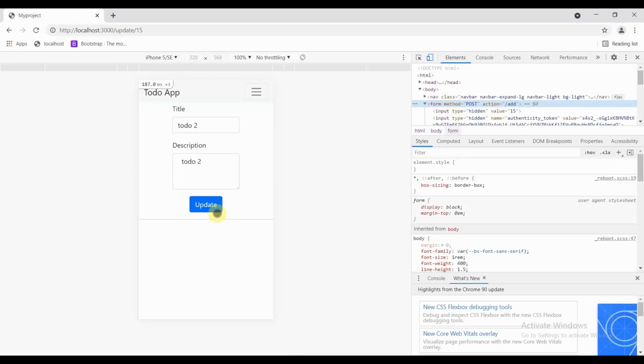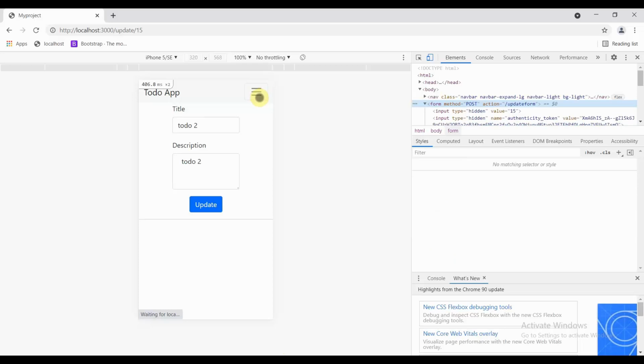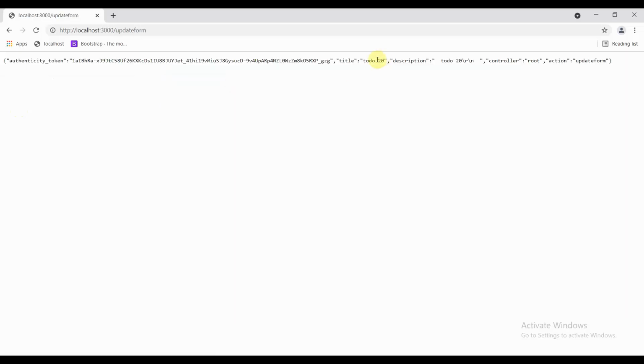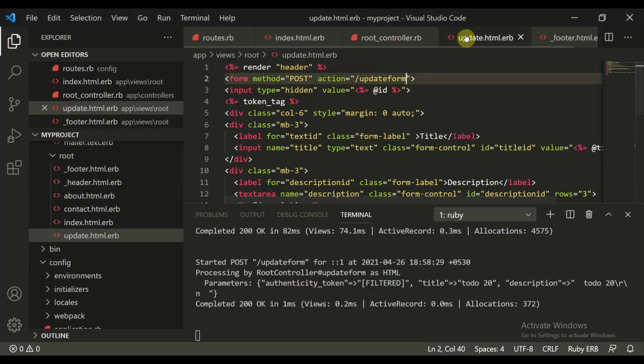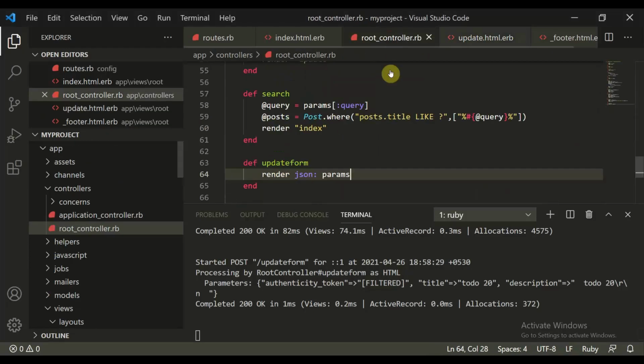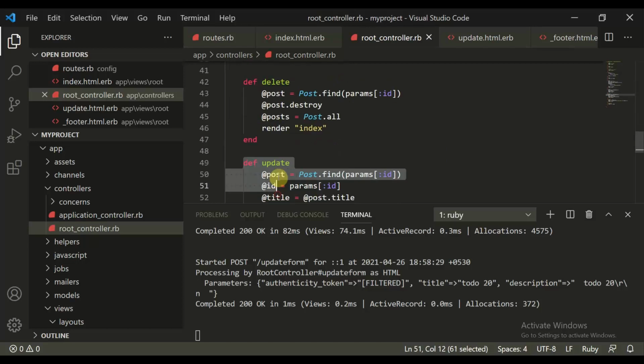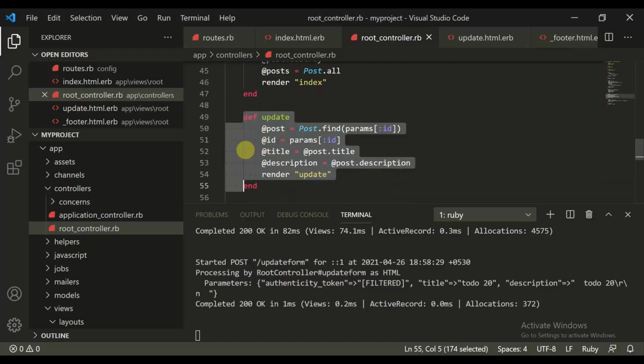So let's refresh this and move to the app. We have a home, let's click on update, let's change the title to 2 to 20, 20 20 20, and let's click on update. So here you can see now the title is this and 2 to 20 is this. Now everything looks perfectly fine. Now a simple change is needed in the controller. You're getting my point, that I can move this method below. This will work fine.